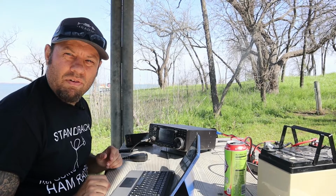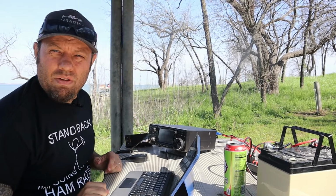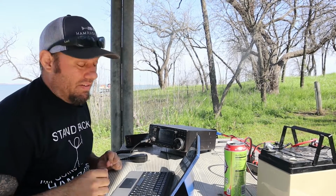I really like that record feature in the ICOM. Other radios have it too, but the Flex radio doesn't have it. I really miss it when I'm using the Flex. Never have dragged the Flex out to a park activation, but